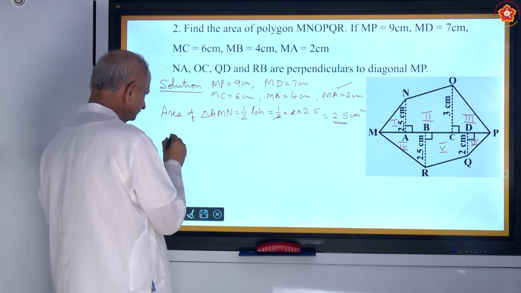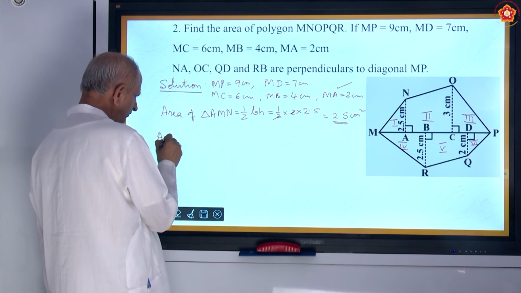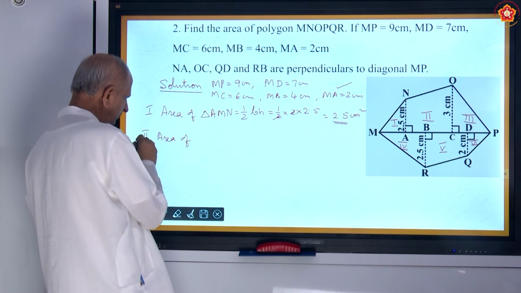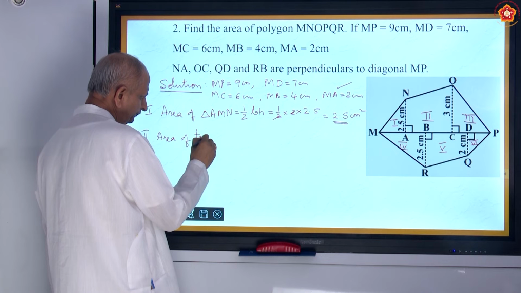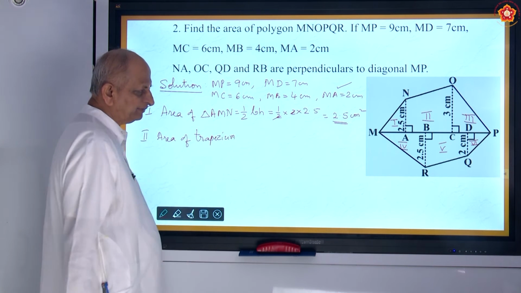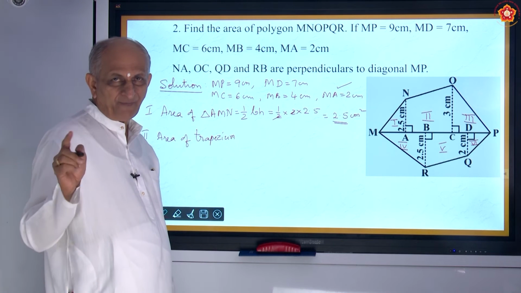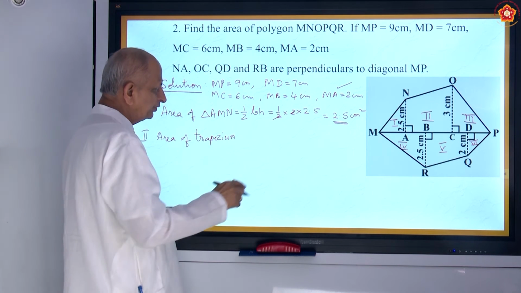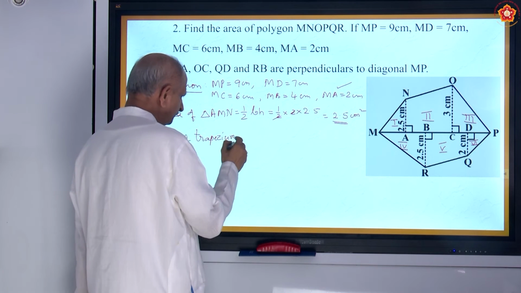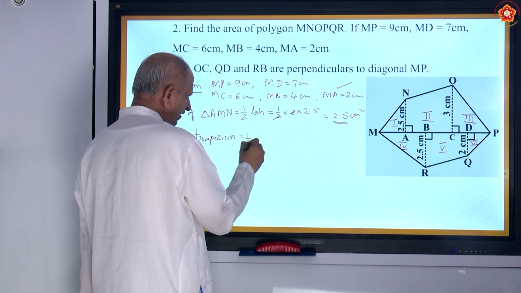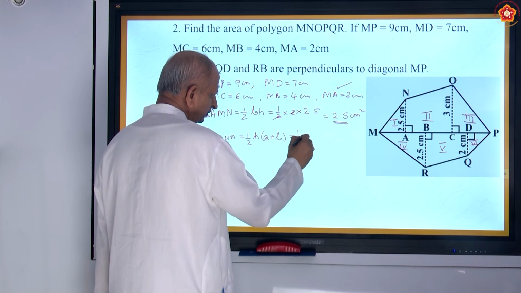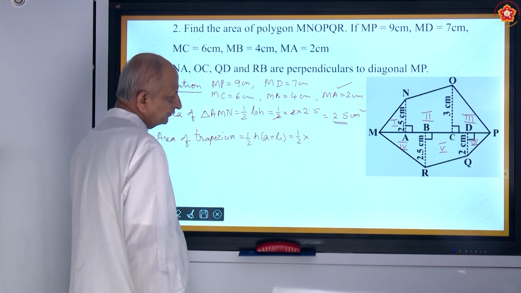Coming to second, area of the first one, this is the second one. Trapezium. What is a trapezium? It is a quadrilateral having one pair of parallel sides. So here are 2 parallel sides, that is 2.5 and 3, equal to half of H. H is height. A and B are the parallel sides. What is the height? Height is